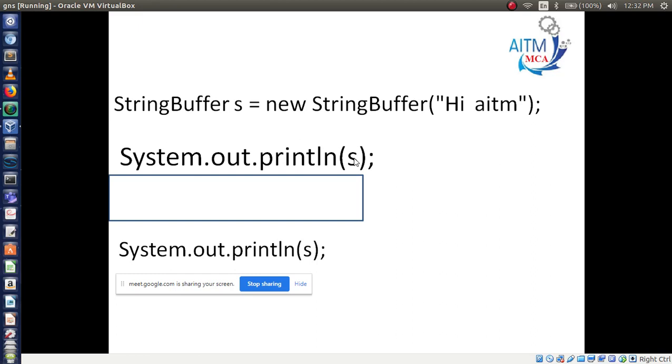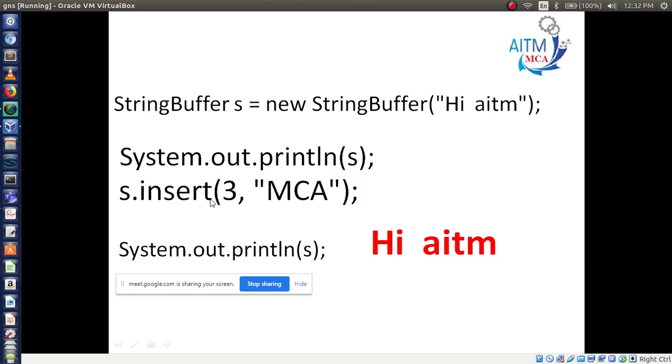Yes, hi AITM will print. Now I am going to use the insert method, third position, MCA. I want to insert MCA.